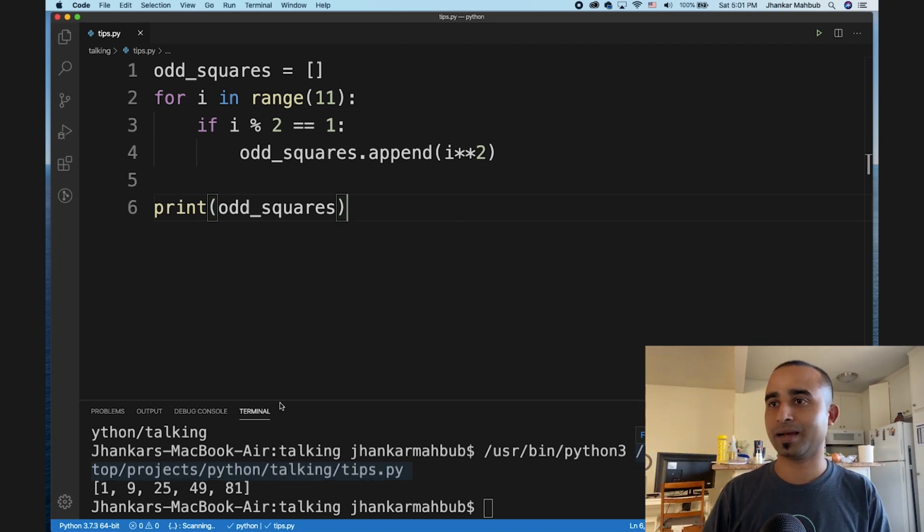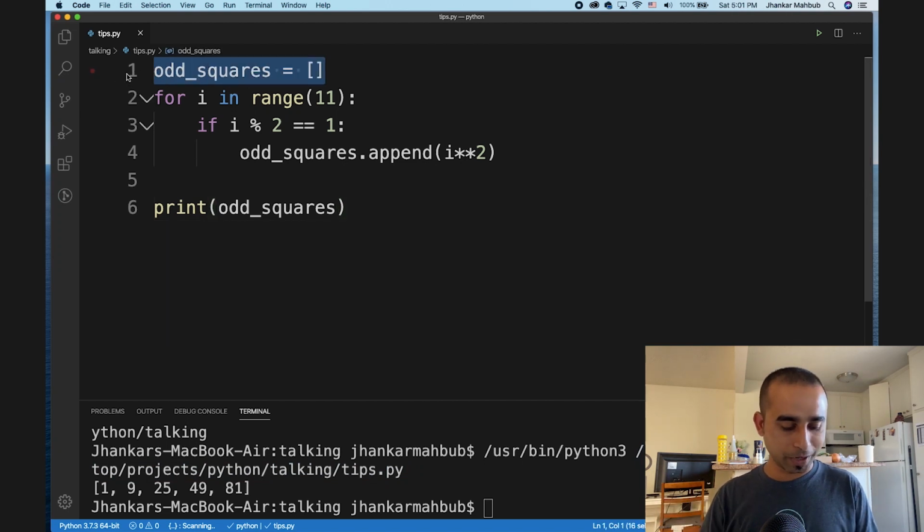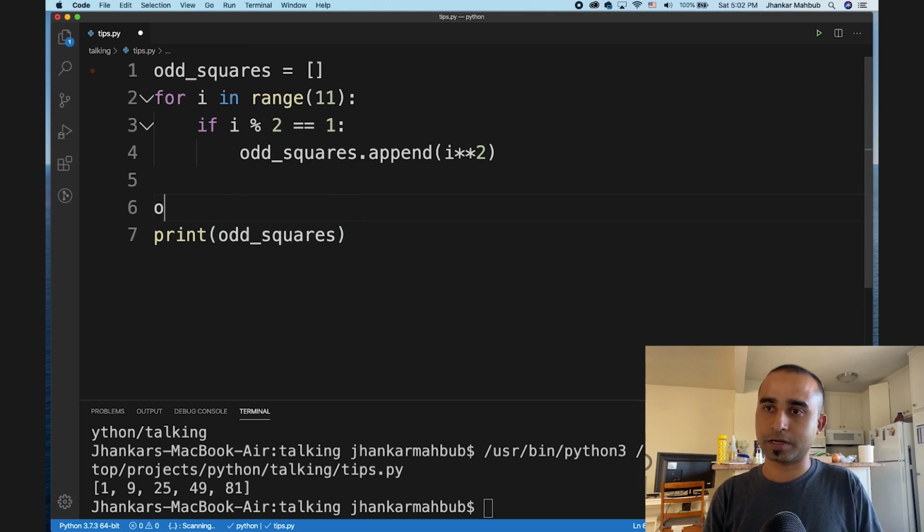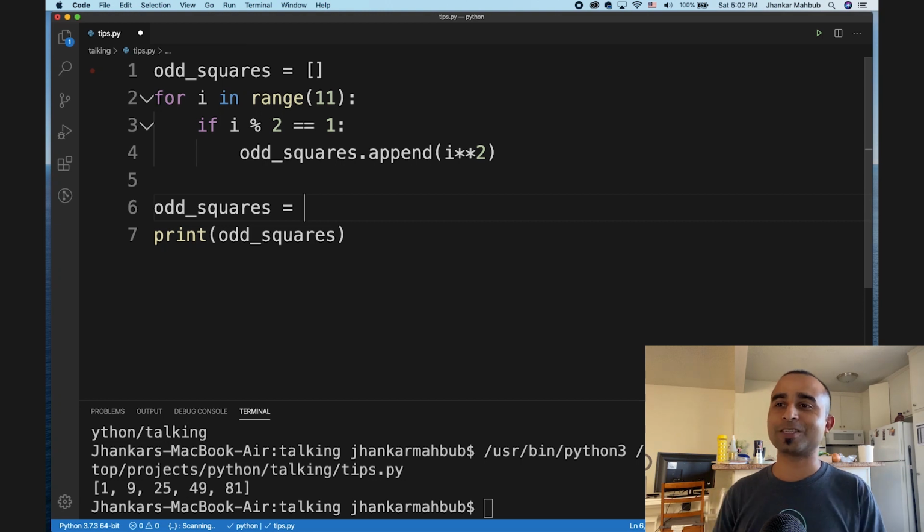So this is a lot of lines of code. I can do it in a very simple way. So for example, here I will take this out, and odd_squares equals this, a very nice way. I will create a list for sure.